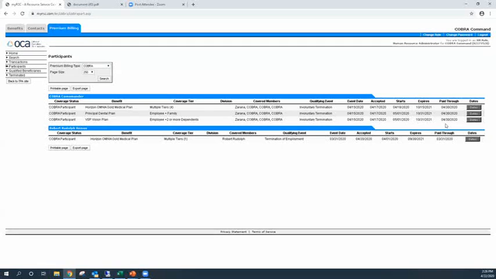Now, once that 30-day grace period is up, OCA does reach out to let you know payment hasn't been made and to have coverage terminated. But I do know some employers and brokers like to use this as well to kind of keep track of things. So you can also see in here under the participants, if you go to qualified beneficiaries,